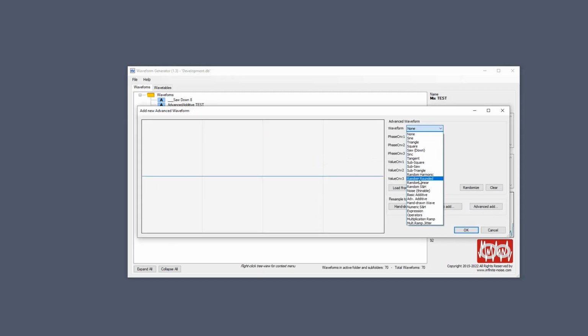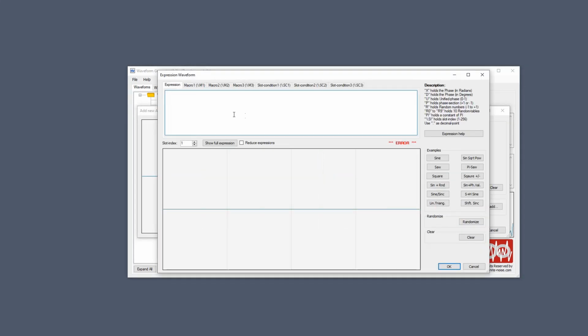In previous versions, we only had this expression field, but now we have 3 macros and 3 slot conditions. The slot conditions can be seen as advanced macros that can be repeated, or there can be a condition whether it should be active or not. And then we have this new slot index,